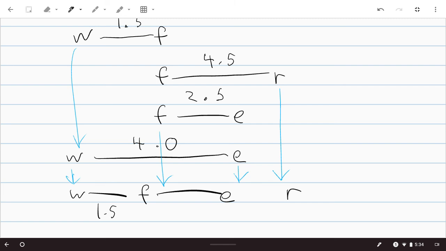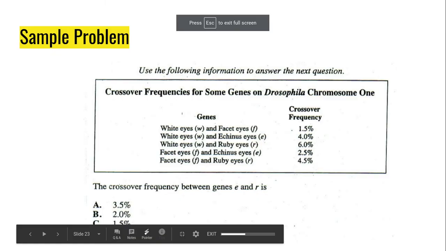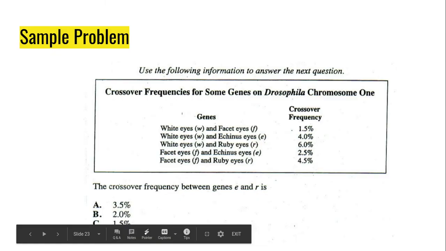Facet eye to echinus eye gives us 2.5. We have used up 4, and we need to fill in the last space between echinus eye to ruby eye. That gives us a crossover rate of 2%. If we go back to our original question, that tells us that the correct answer to this question will be B,